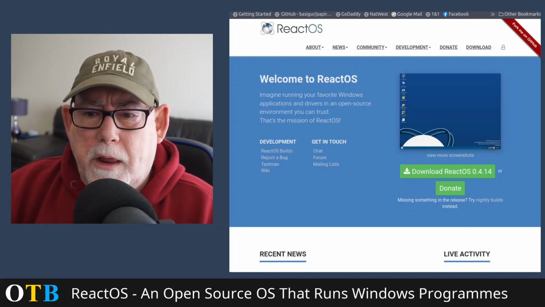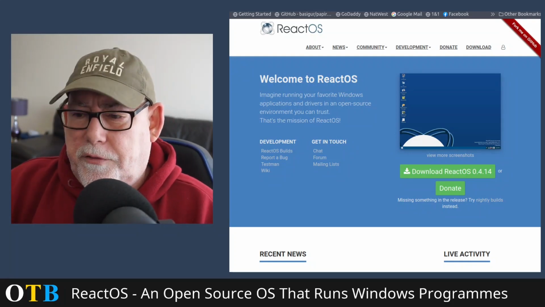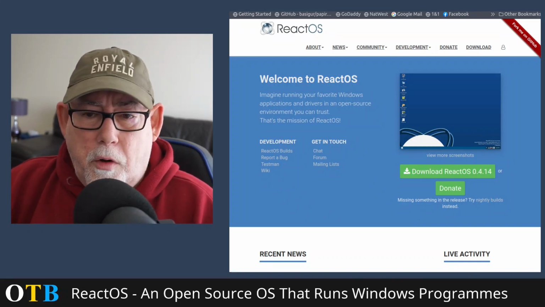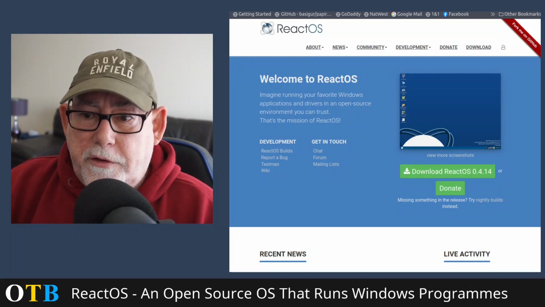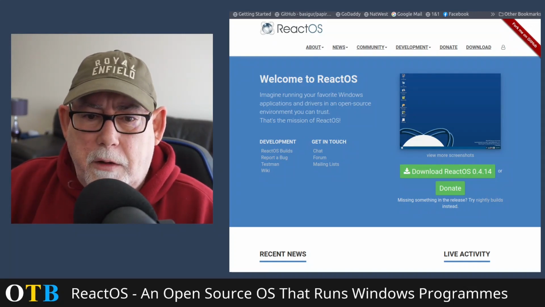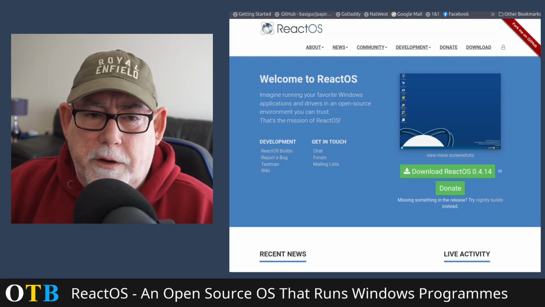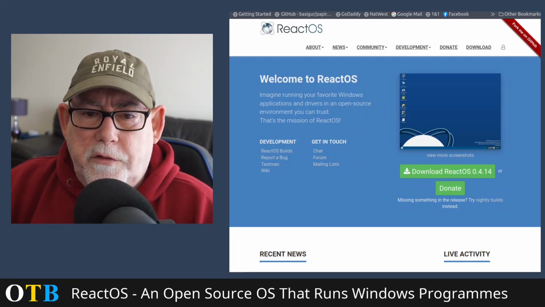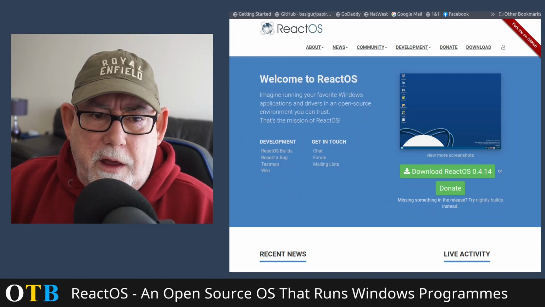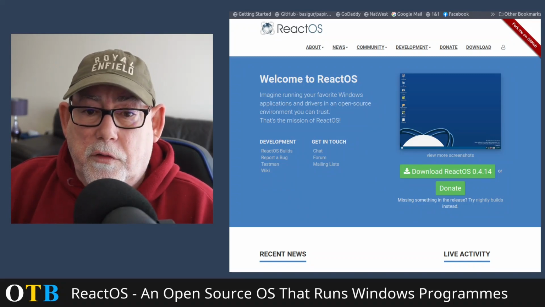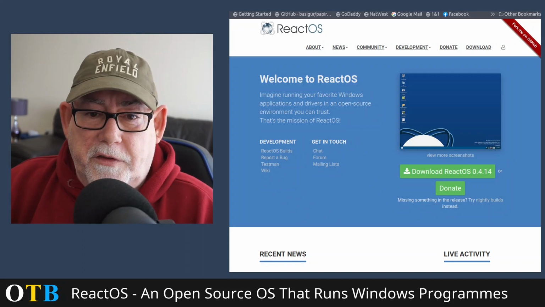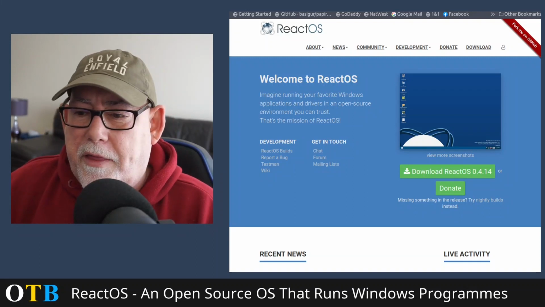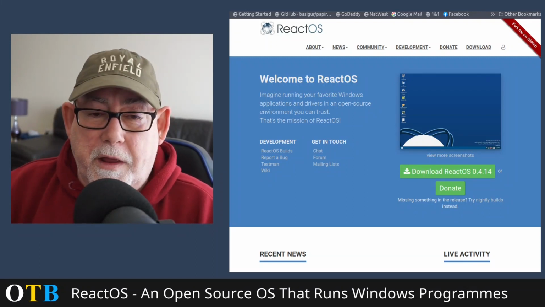So you see a download link there on the web page, 0.4.14, and it is an alpha. And some important things to say about this. It's a 32-bit operating system as far as the download is concerned, and it only currently supports one CPU in that downloadable version. There is work continuing to make sure it supports multiprocessors, and also so that it can be 64-bit compatible. But the downloadable version, as you get it, if you click this link here, is going to be a 32-bit